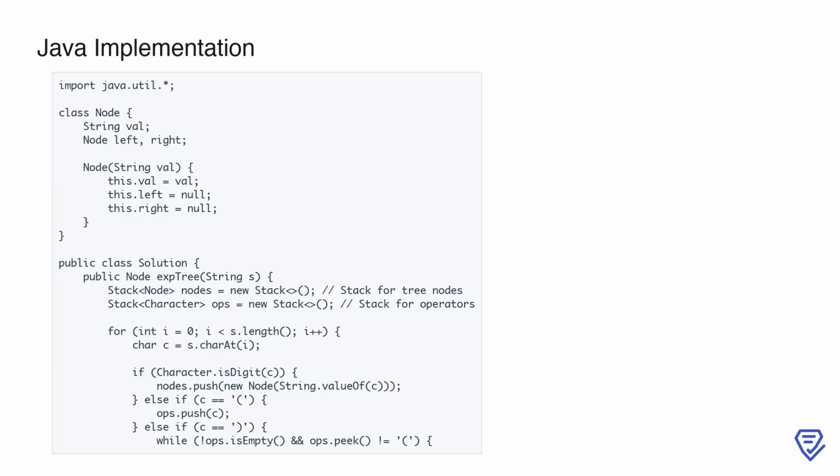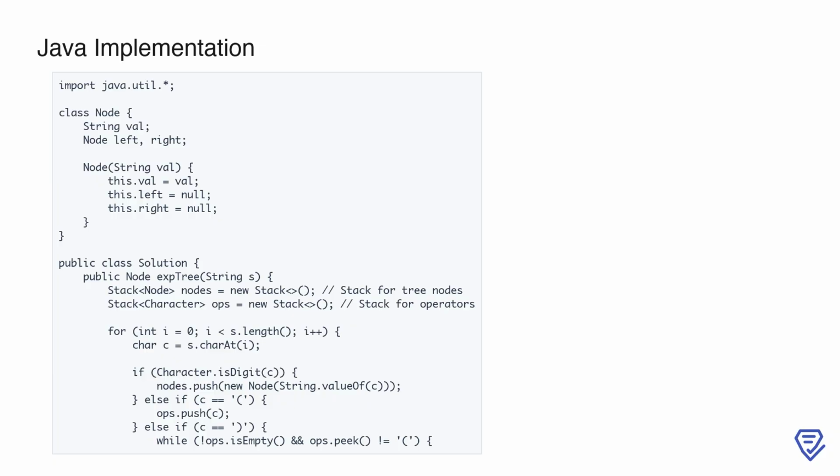As we iterate through the input string s, we check each character. If the character is a digit, we create a new node with the digit as its value and push it onto the node stack. If we encounter an opening parenthesis, we push it onto the ops stack to handle operator precedence later. Now, when we encounter a closing parenthesis, we need to process all operators within the parentheses until we